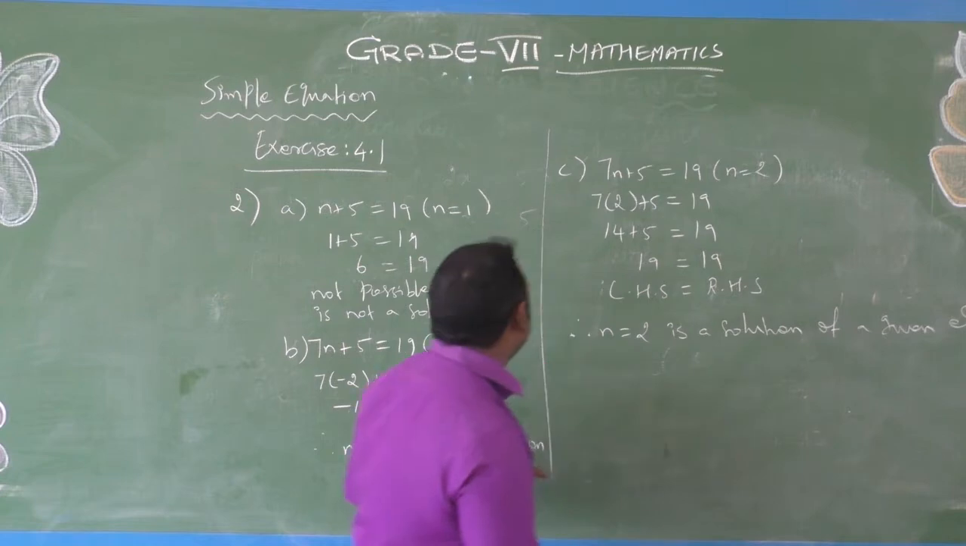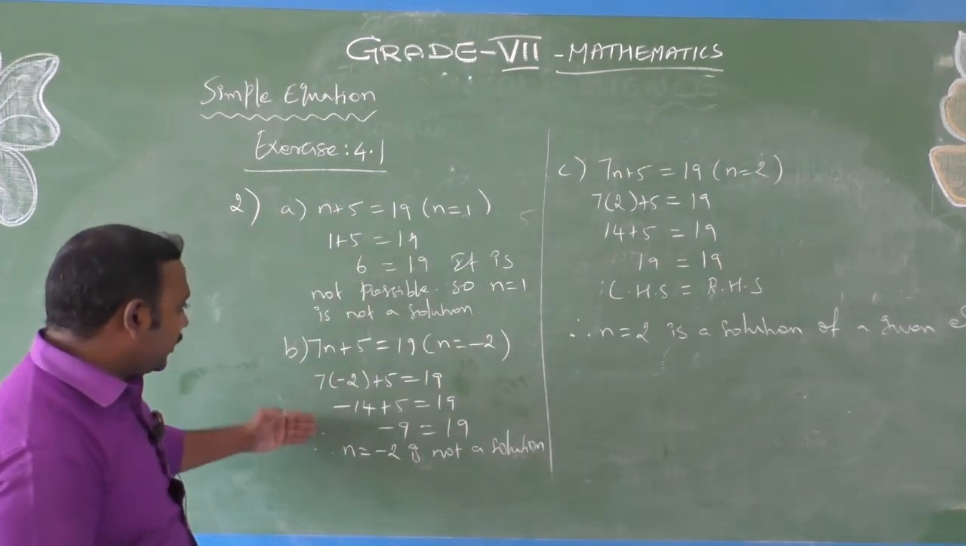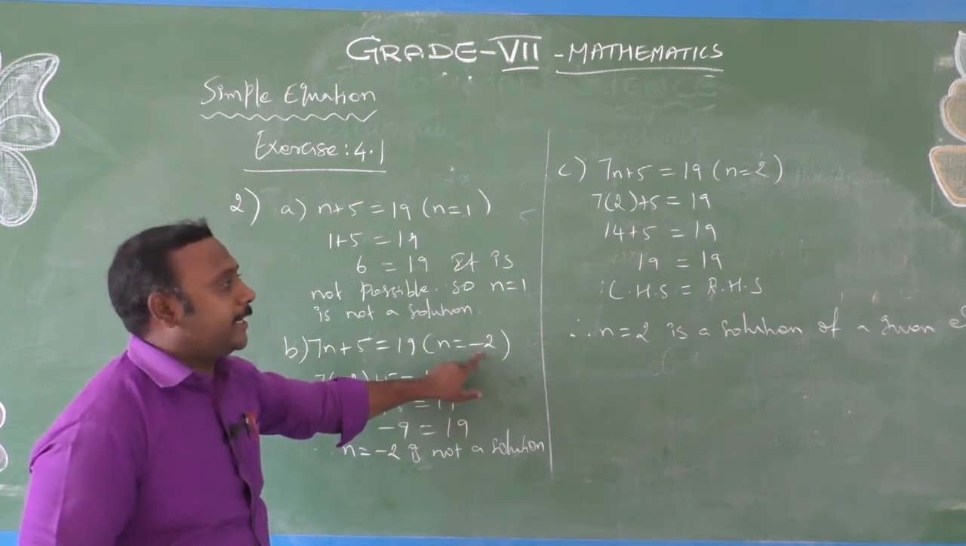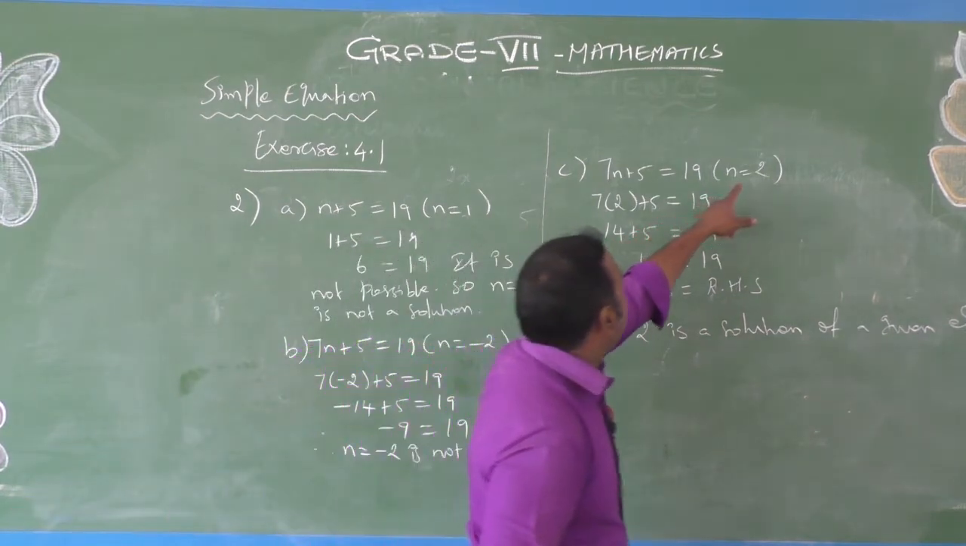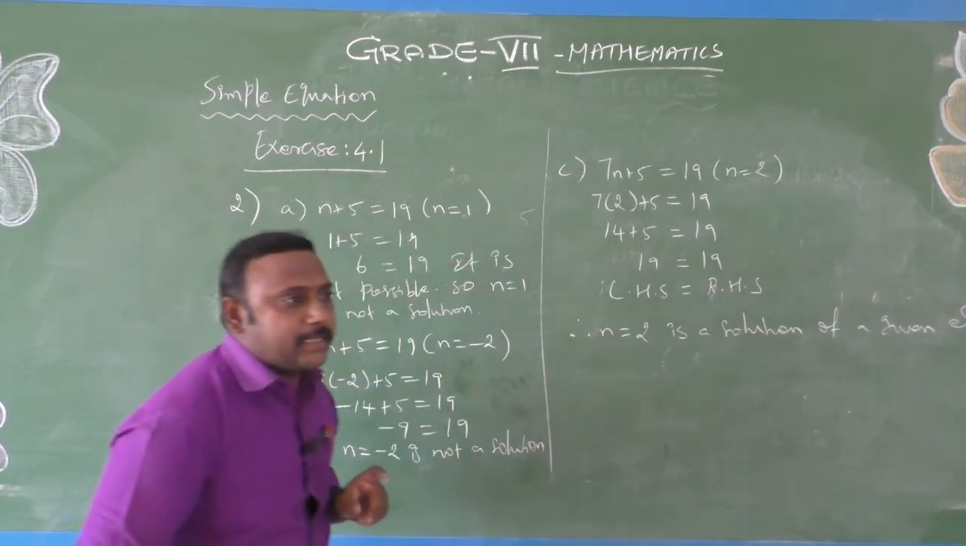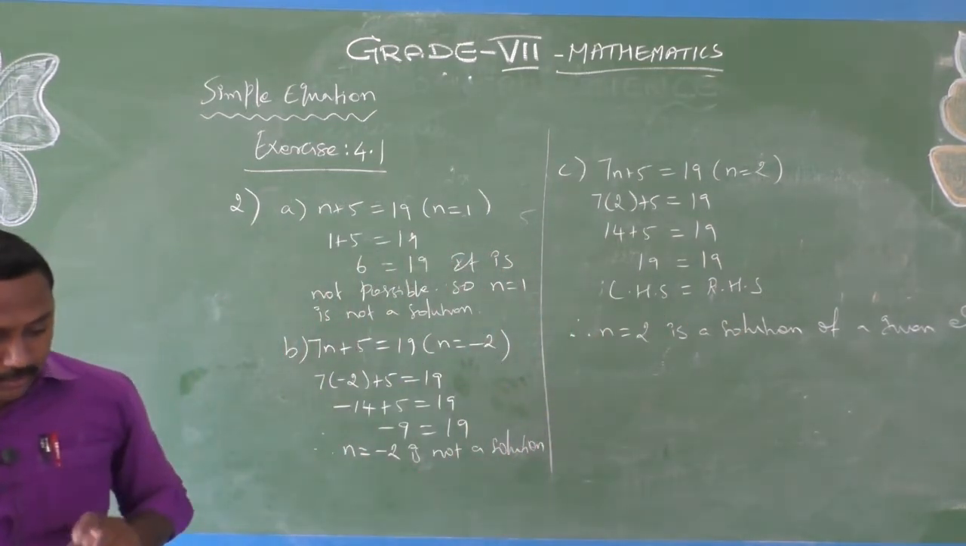Are you clear? So the first two values, n is equal to 1 and n is equal to minus 2, do not satisfy the equation. But in the third one, n is equal to 2 is a solution of the given equation. Next one,